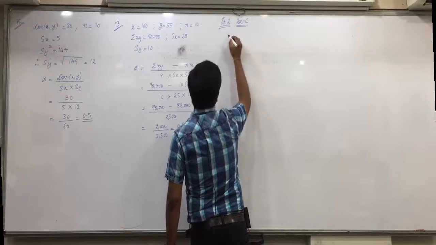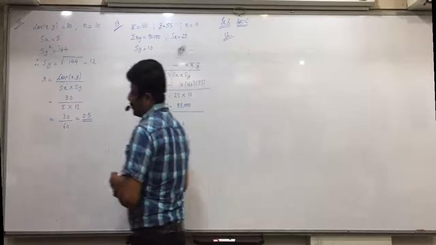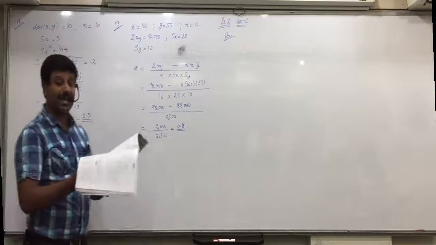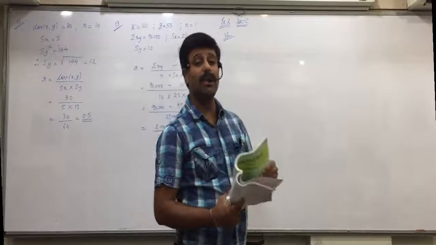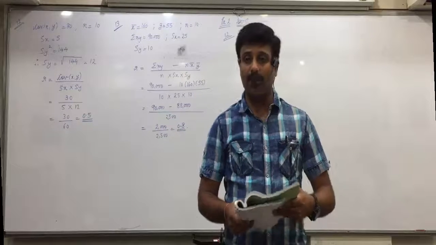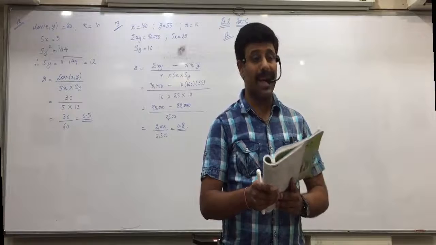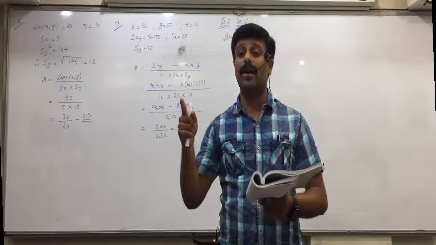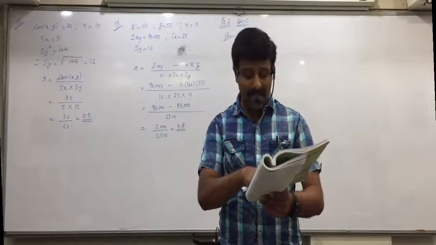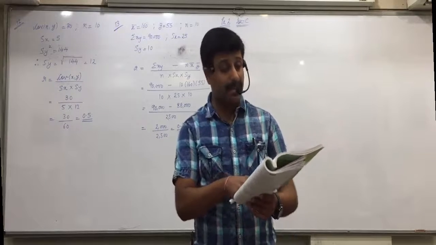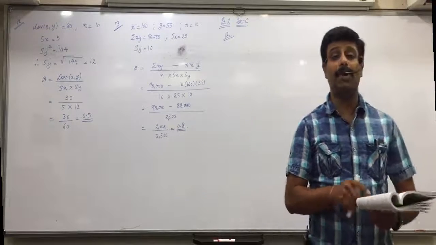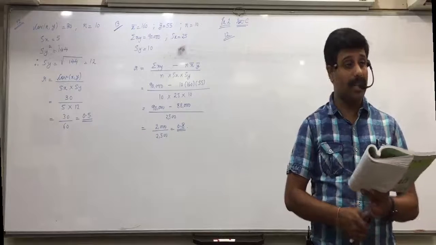See that? Find the value of r if sigma (x minus x bar)(y minus y bar) is minus 65. Which formula will we use? The second formula, that is the numerator (x minus x bar)(y minus y bar), either second or sixth. But in the sixth formula, the denominator is the square root of sigma (x minus x bar) whole square, and that is not given here. What is given here other than (x minus x bar)(y minus y bar)? Sx, Sy and n. So we will apply the second formula. Did you all understand this?